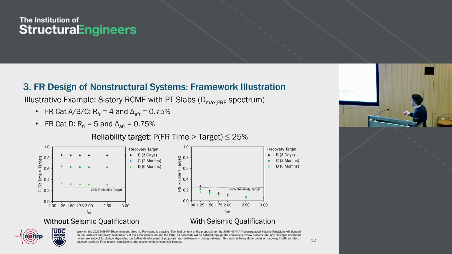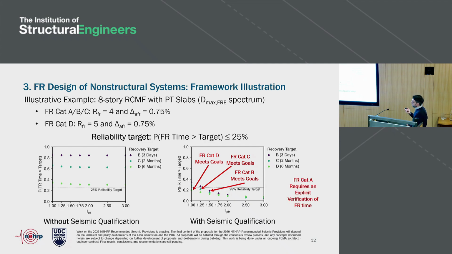What we can see here is that we're going to have to carefully select the value of IPFR to be below the target, because there might be instances where we're not, and we also don't want to be overly conservative, specifying a large value when we're already well within our targets. The different colors denote the different recovery targets for B, C, and D. With this information, we can then pick appropriate values of IPFR to be below that target. So in this case, to meet functional recovery category B goals, we need an IPFR of 1.5. And for C and D, it would suffice to have 1.25, or even 1 for functional recovery category D.